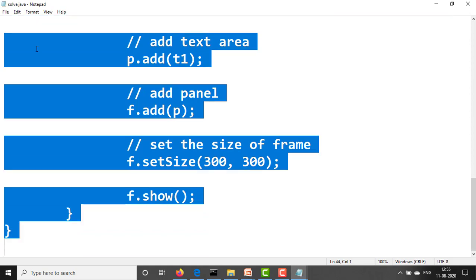Close the main method, close the class. Like this you can write a program for tooltips.